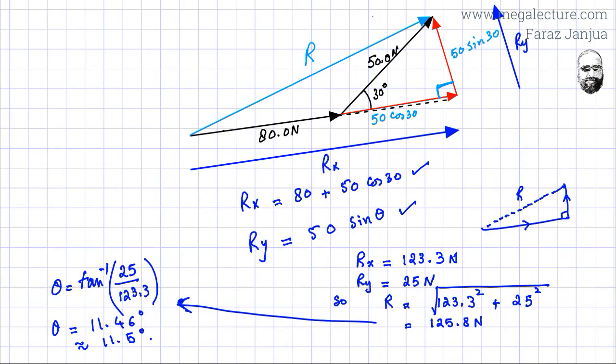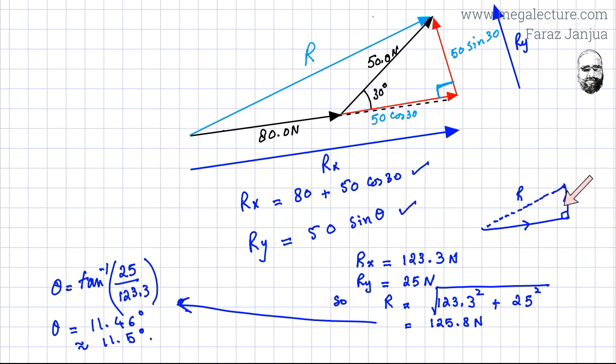And these are the answers I'm getting when I'm putting things in my calculator. So the resultant x component, which is 80 plus 25 cos 30, is 123.3, and the resultant's y component is 25. I use Pythagorean theorem to find out the resultant, which is exactly the same as I calculated previously using the cos rule actually. And then if you have the vertical component and you have the horizontal component and you're looking for